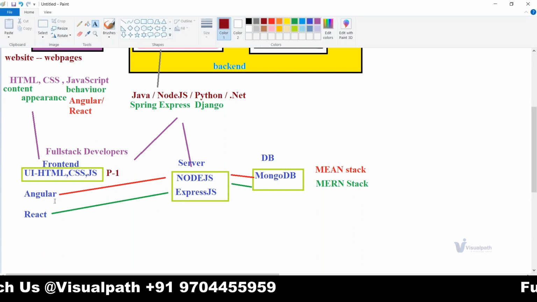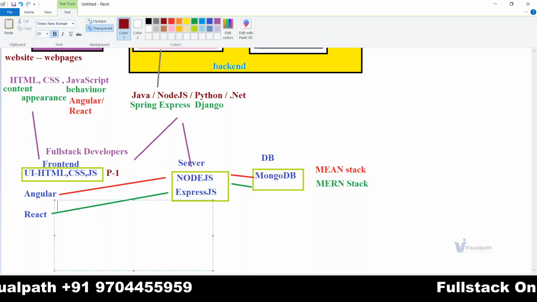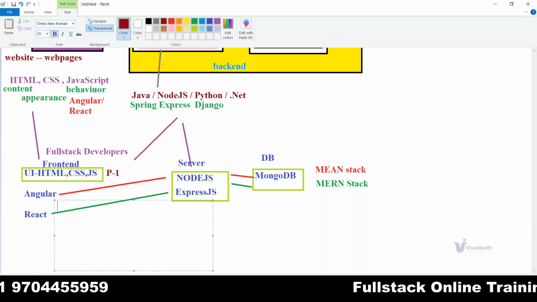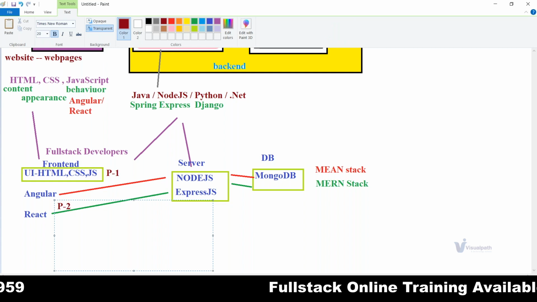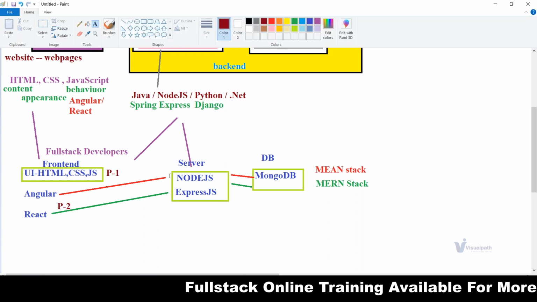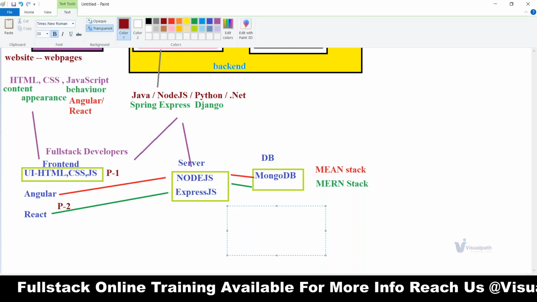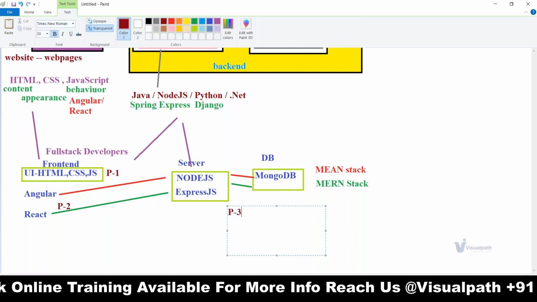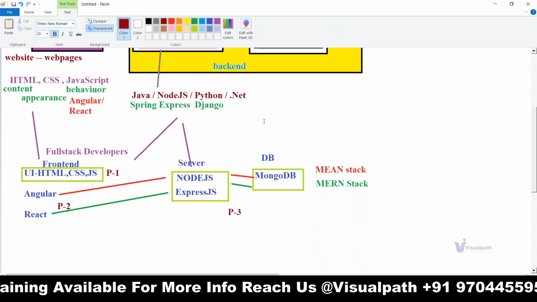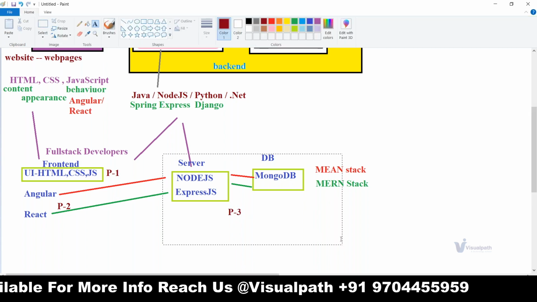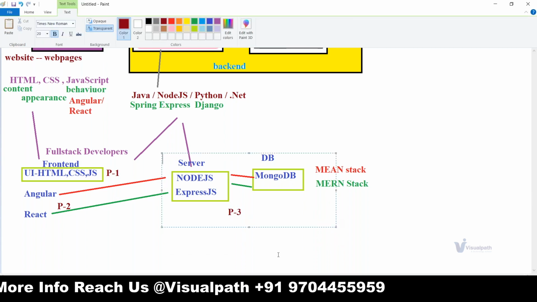If you learn either Angular or React, using that one front-end framework, we'll be developing one project. So that project will be like this. Next, using the back-end technology, Node with MongoDB, we'll be developing one more project. That is the third project. And at the end, for the project we develop using this Node back end,